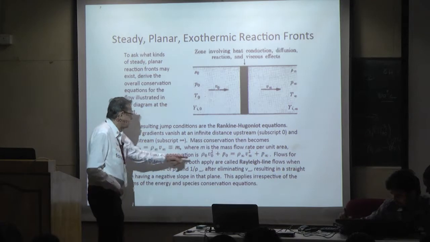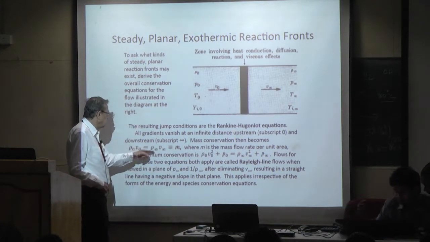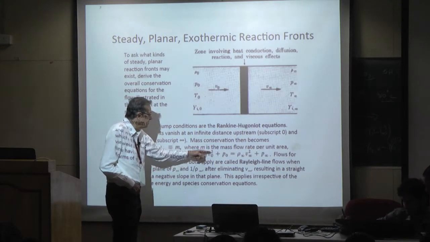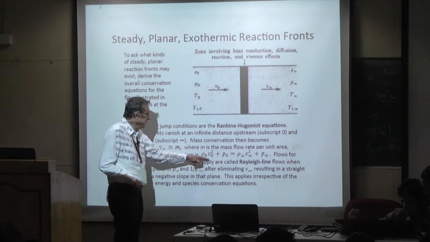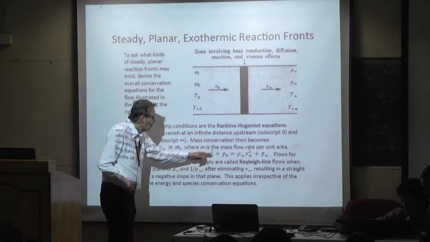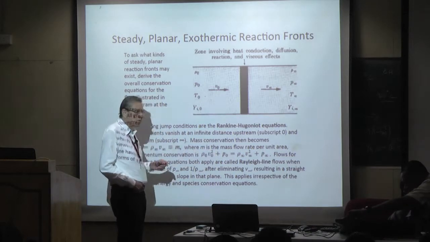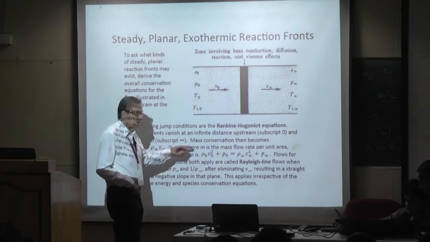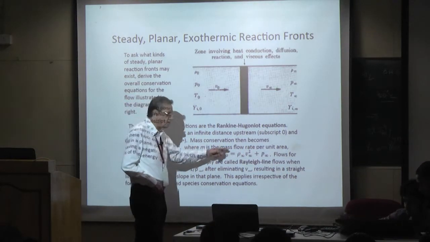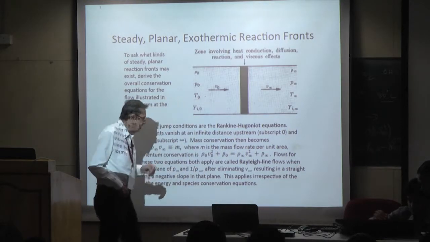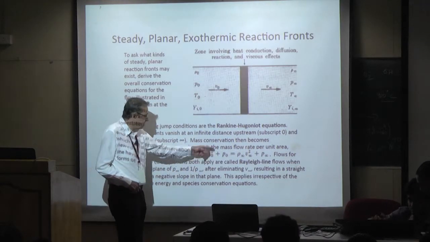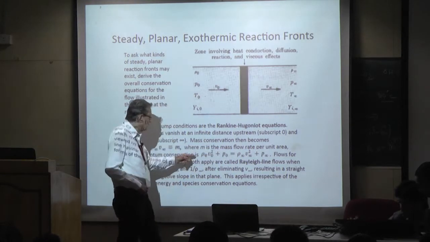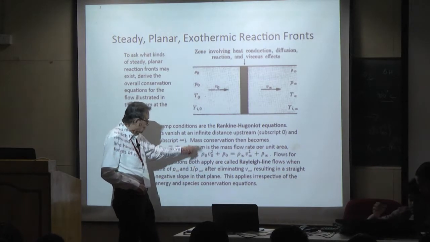Since V is m over rho, then V squared is m squared over rho squared, so this is m squared over rho, and so this is 1 over rho, so it's P plus 1 over rho times m squared. That then gives you, in a plane of pressure and reciprocal density,